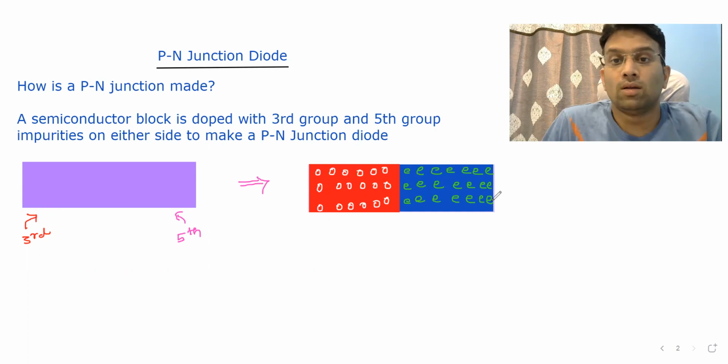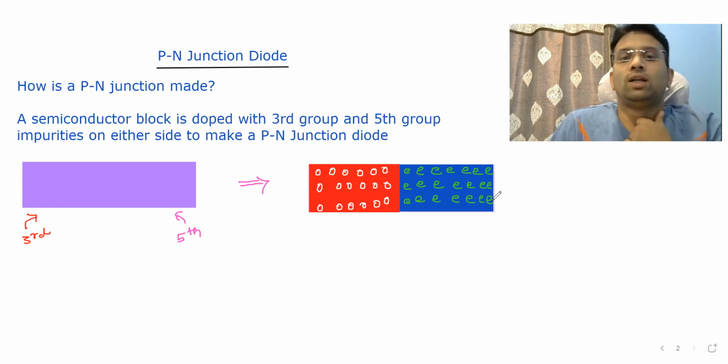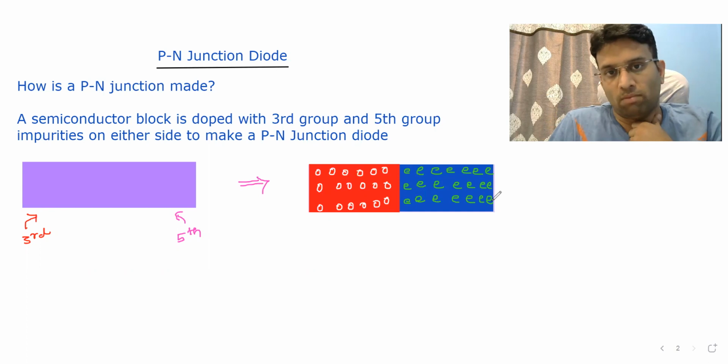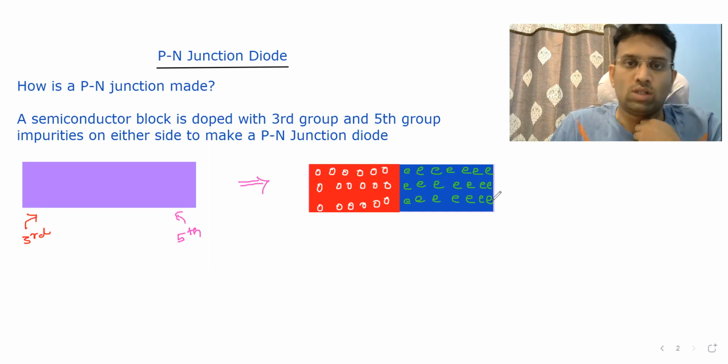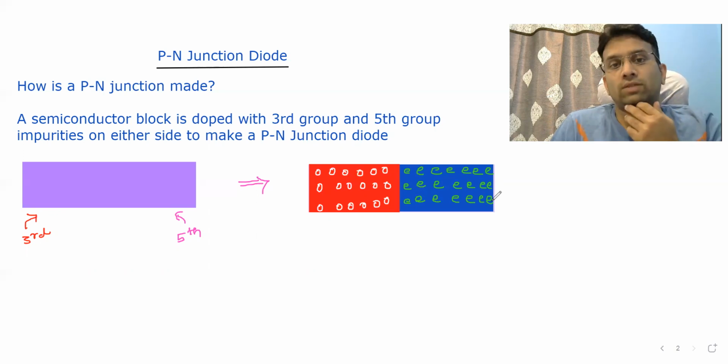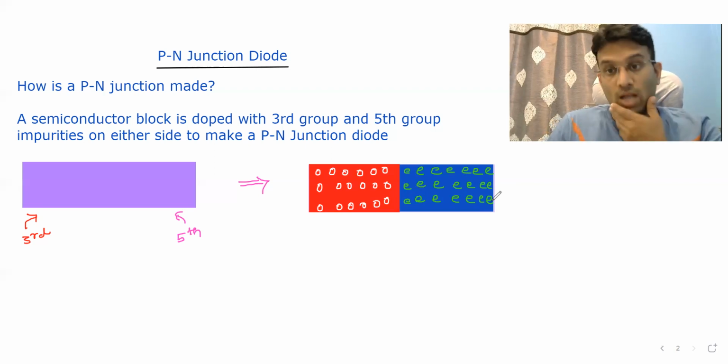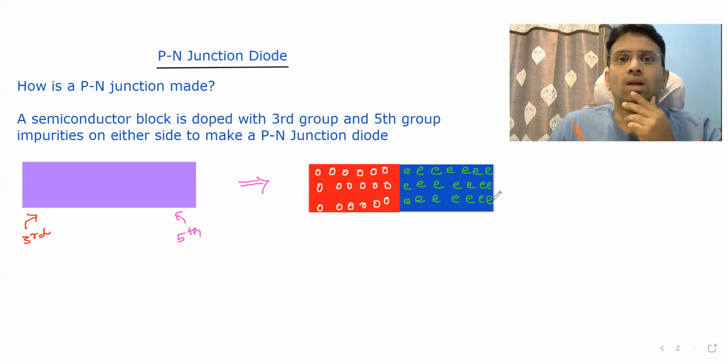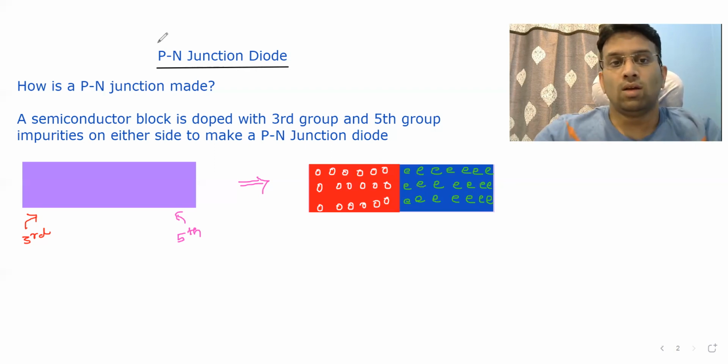Actually, there are billions of these within a millimeter size also. Within every millimeter you will find billions of them, hundreds of crores of these holes on one side and electrons on the other side. It is very important for the students to realize that the numbers we are talking about are very, very large numbers. It's essential, and it will be helpful in some of the things that we are going to discuss. Now, what happens very close to the